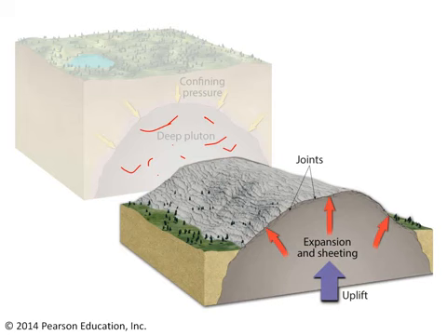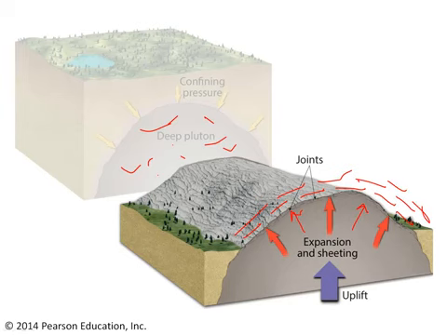Now, if later on that pluton is brought up to the surface of the Earth, the pressure on it has been released. And as a result of that pressure being released, it actually expands outwards in all directions. So the relief of the pressure basically causes it to increase in volume very slightly. And that increase in volume is actually greater than the strength of the rock. And so the rock tends to break in a series of fractures that are basically perpendicular to the expansion direction. So if it's expanding in all directions, you end up getting this onion skin-like pattern of flakiness on the outside